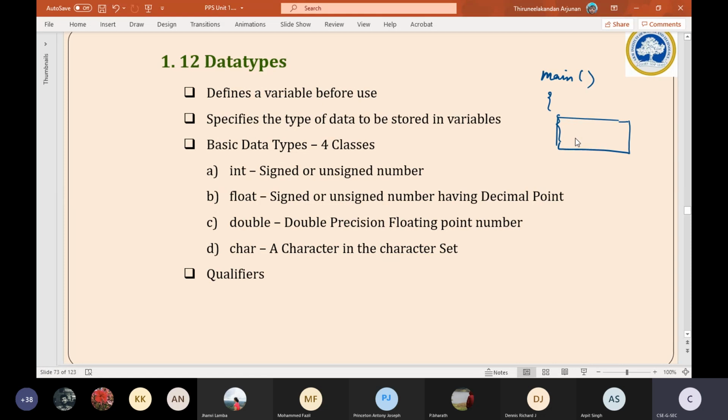For our easy understanding, I will say int a, b. Then int sum. These three variables I have declared: a, b, sum. Instead of writing int another time and then writing sum, it is possible to write sum here itself along with a, b, by putting a comma.